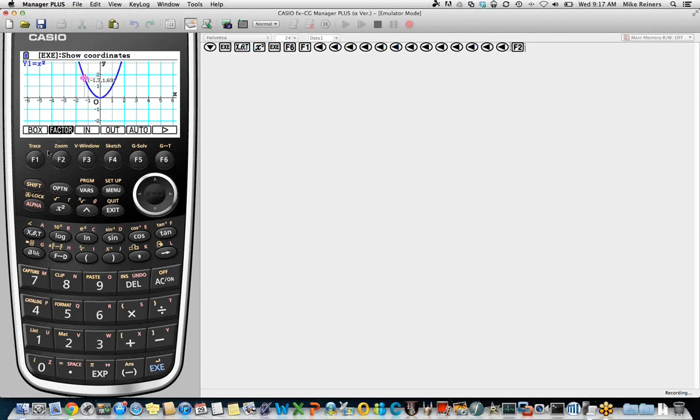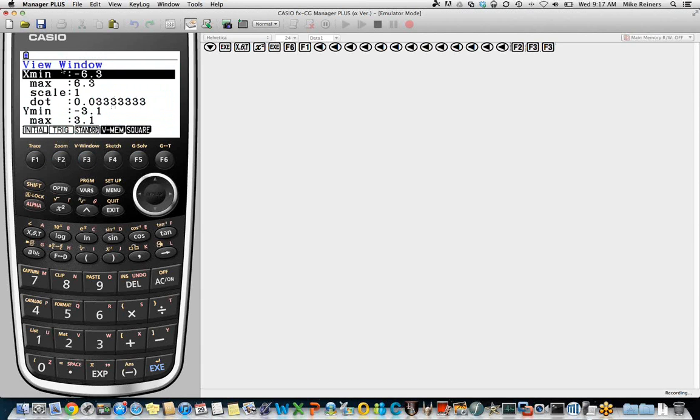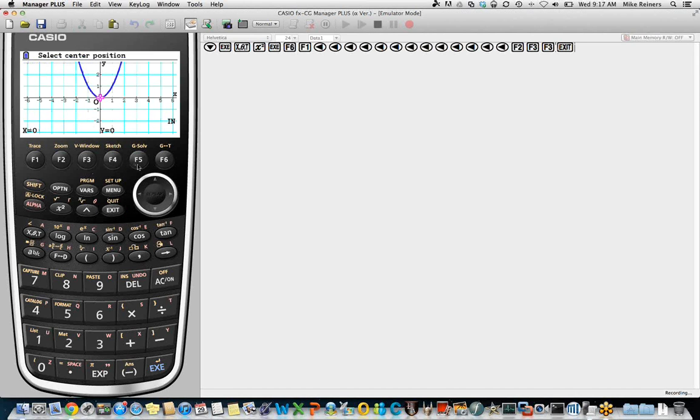The ability to zoom in and out and zoom in a box, the ability to change view window settings and so forth. Those are pretty well known. And on the Casio models, the F5 key is also very popular, which is the graph solver. It says gsolve above it. And that allows us to find things like roots, maxima, minima, and so on. They're not very exciting on this graph, of course. A lot of them are the same, but here we can see a root at 0, 0 with just a single key press. So F1, F2, F3, and F5 are pretty commonly known on the Casio models and commonly used.